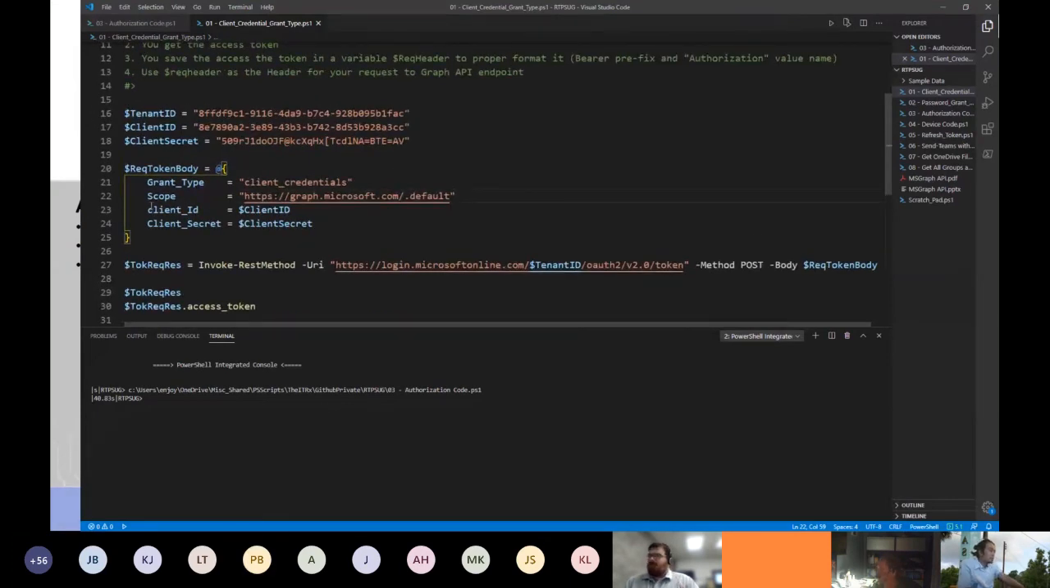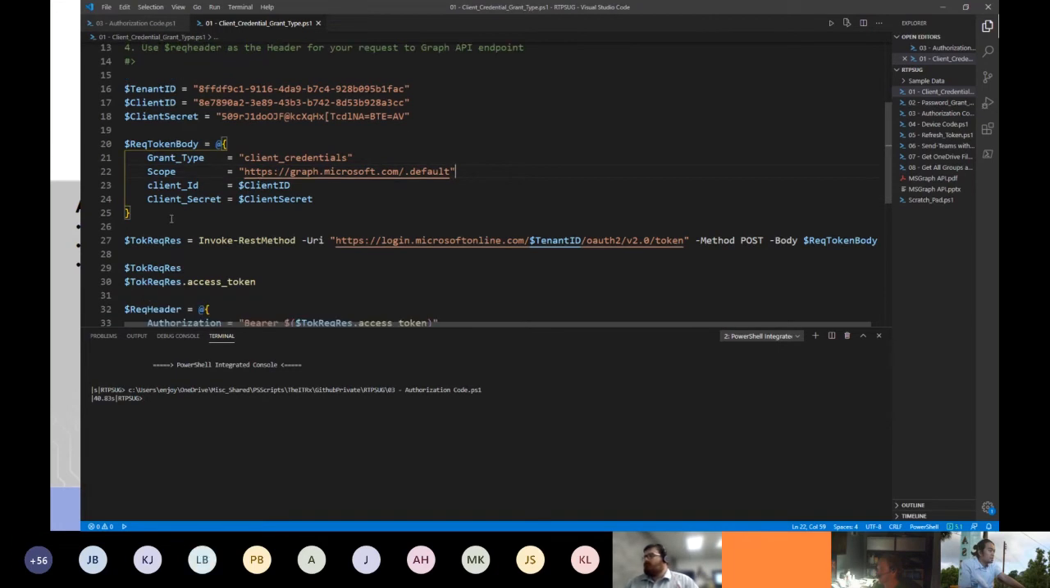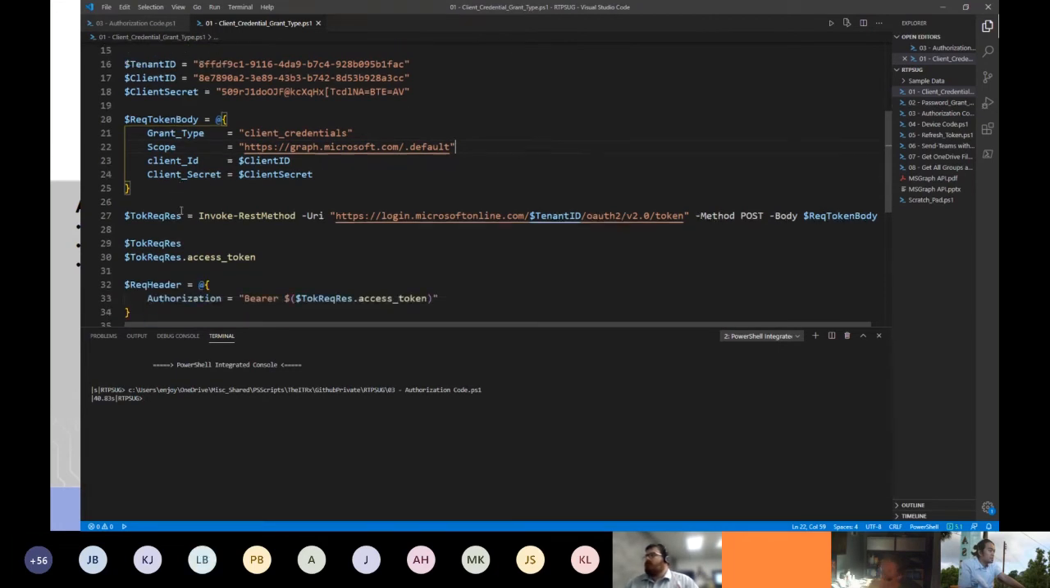All right. So here is, like I said, I pretty much took all this information and made a hash table. This is my preferred method to stitch all this information together. And then the grant type, I'm going to talk about this in a bit. You're going to have to specify that it's client credentials, and then the scope, and then the client ID. And then if I run this,